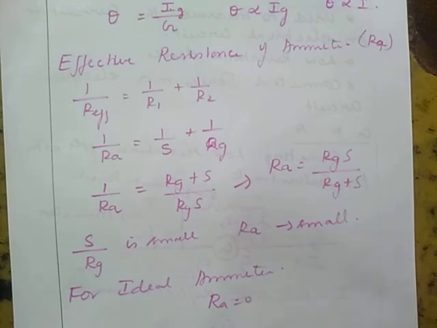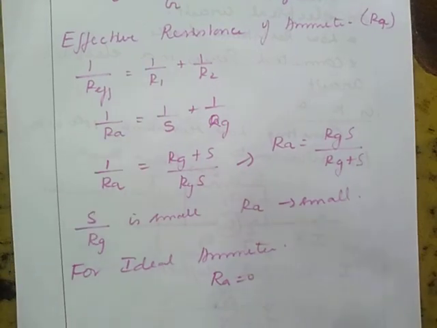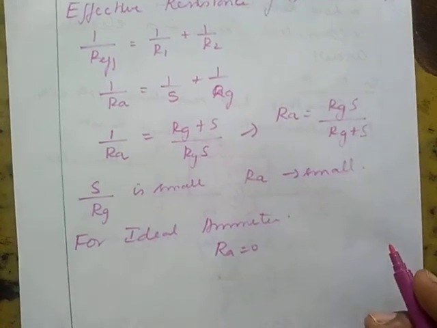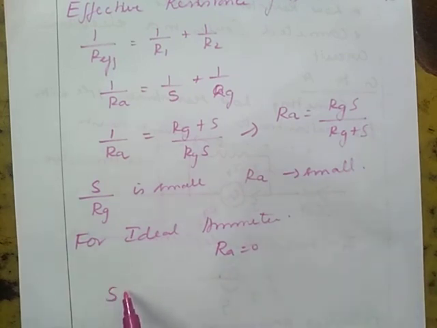Some important key points are there. The ammeter is a low resistance instrument, so it is always connected in series. In order to measure the current in an electrical circuit, you must connect the ammeter in series connection only. For an ideal ammeter, the resistance of the ammeter is 0. If we want to increase the range of the ammeter n times, we can use the shunt resistance value as S is equal to G by n minus 1.